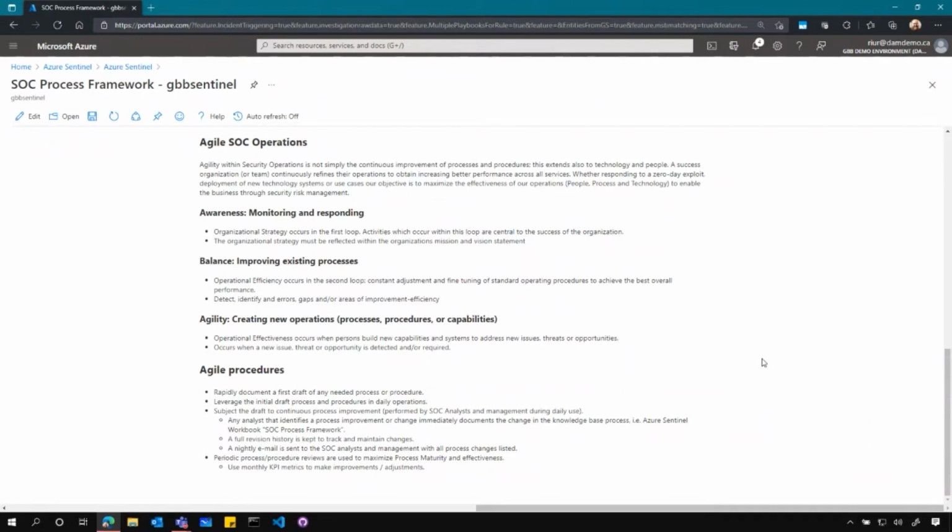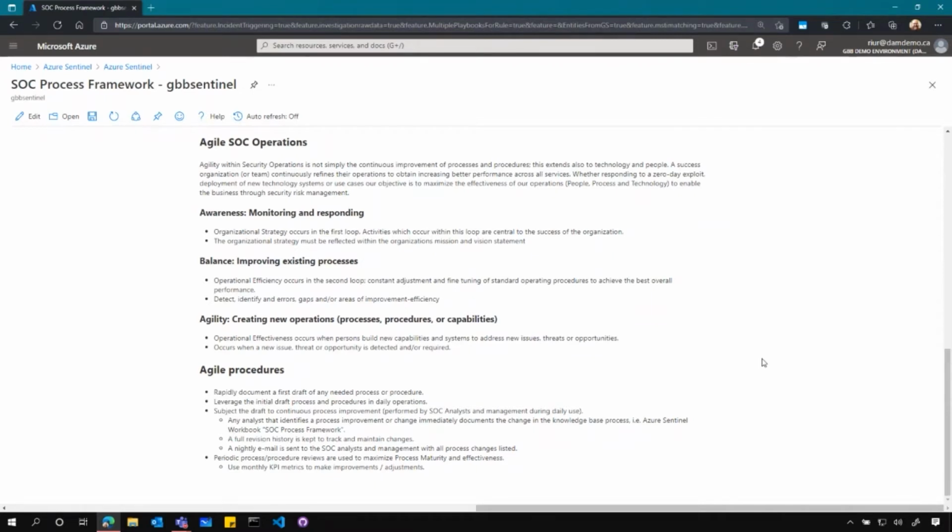So then, once we have that, and we know how to fit to each of these, we can apply a procedure, the Agile procedure. That's really what we've done here, looking at how to break this down. We've got rapidly deployed documentation, first drafts, leveraging the initial draft and process into the daily operations. This is where that first draft could be called into your daily operations call, right? You're testing it, you're building it into the people process, helping them understand what they need to leverage, and